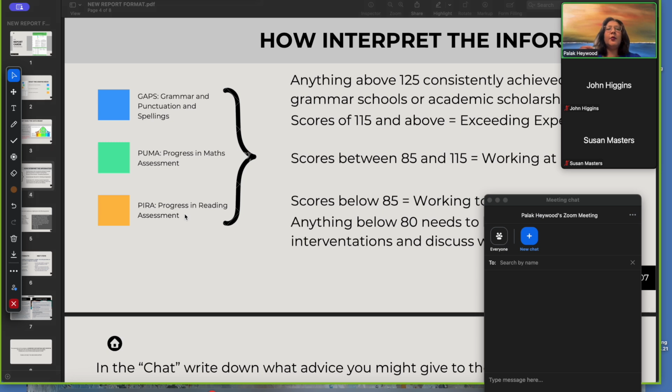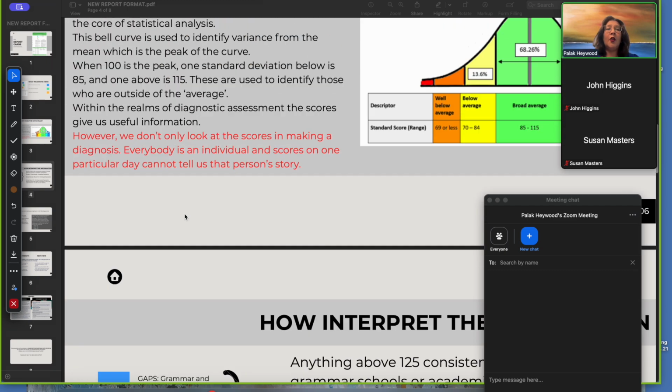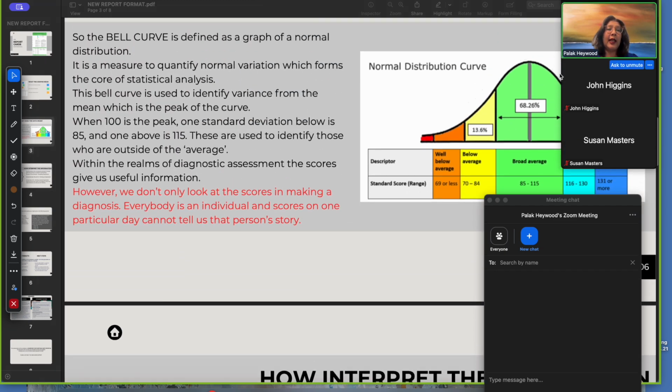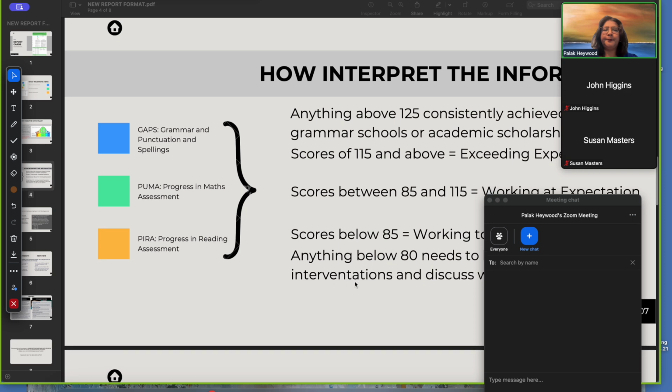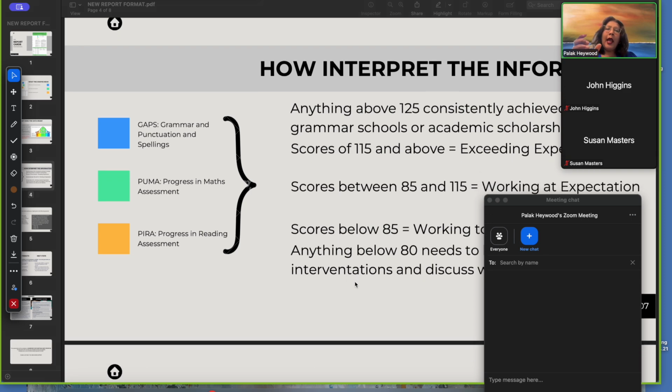So as I mentioned, when we start looking at these scores, we are looking at these bands. Scores of 115 and above, pretty much we can say are exceeding expectations. They're outside of this banding that we are looking at here of the normal distribution. Anything over 125 consistently achieved, and that consistently is really important, means that we can start to consider grammar schools or